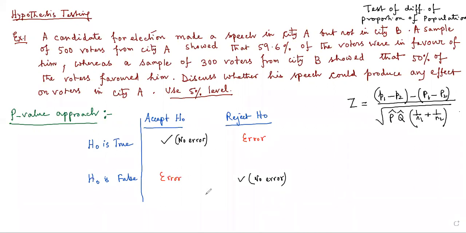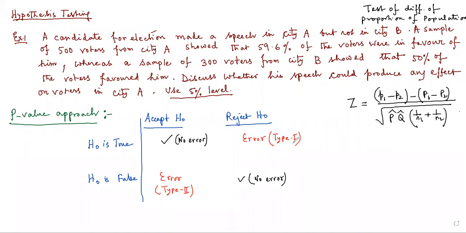So there are two types of errors that can be made in a hypothesis testing problem. These two errors have two different names. This is called a type 1 error, and this is called a type 2 error. Today I'm going to discuss type 1 error. Why? Because when a statistician deals with a particular hypothesis testing problem and wants to give some sort of conclusion regarding the population,